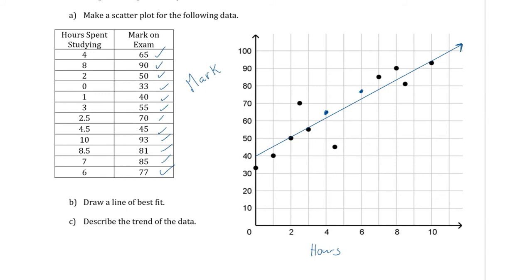Maybe they were distracted, something like that. Maybe this person does really well on exams naturally. Like, who knows, right? Look at these 2 people. This person studied a lot more and failed. This person didn't study very much and got a decent mark, 70%. So everybody's different. Some people might be a little bit more comfortable with the content of the exam, whether this is math or some other